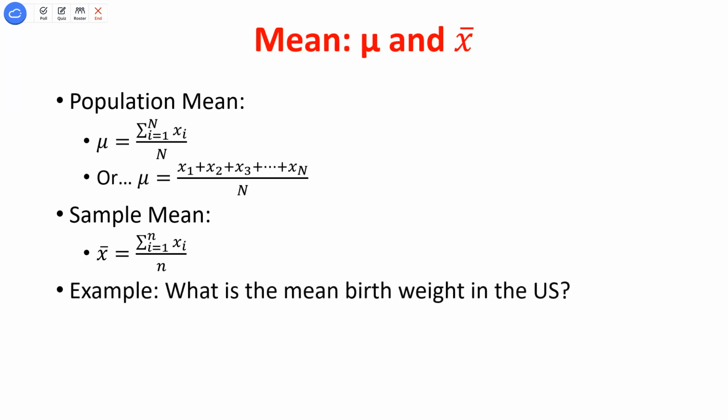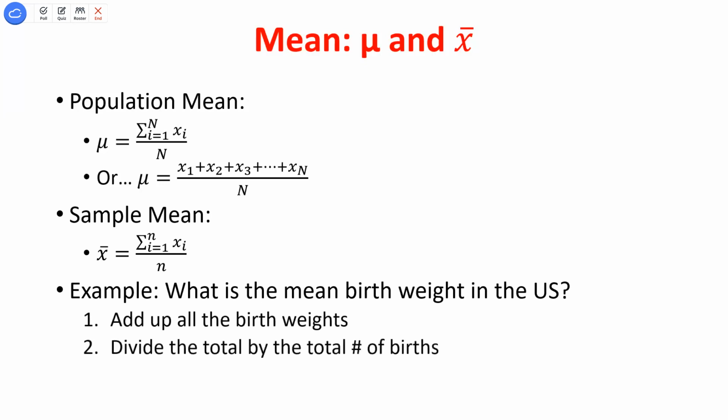So if we wanted the mean birth weight, and I had some data that was every birth in the United States, all I would do is add up all those birth weights and then divide by the total number of births that I see in that data set. Like I said, this is hopefully not a wildly new idea, but introducing some of this different notation that we're going to use moving forward might be a little bit trickier, a little bit new. Okay.